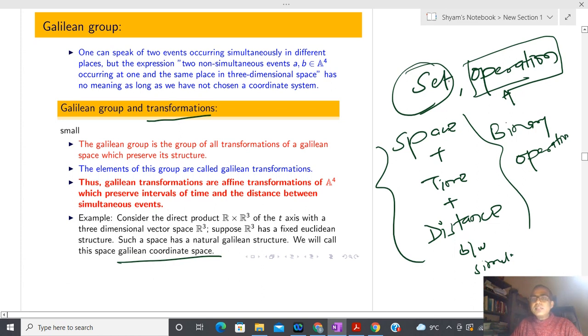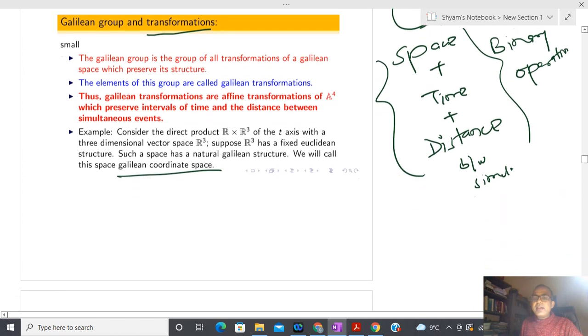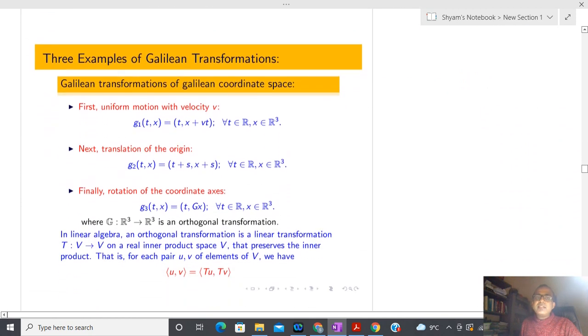Now since I have to maintain some kind of symmetry, whatever operation I am going to do should again come within these three things only, in this space only. Due to that reason I have to maintain some kind of symmetry. And you all know that whenever symmetry comes into the picture, some group notion comes into the picture. So whenever we are defining some kind of operation, in this way you are able to guess the operation. And I hope Newton was well aware of these facts, and due to that reason he was able to guess